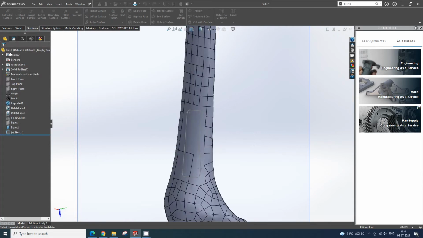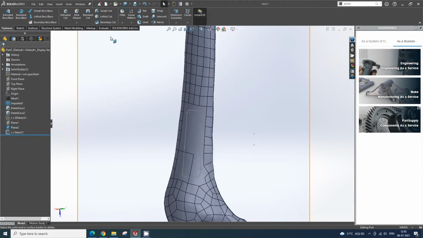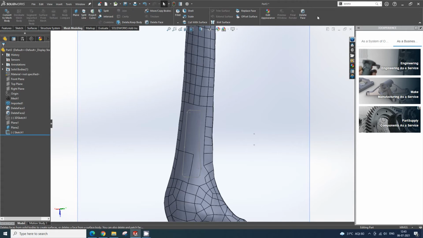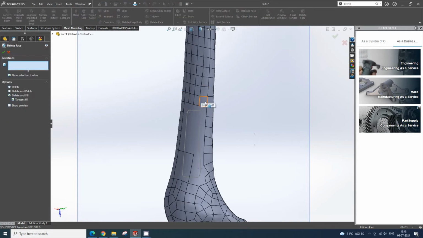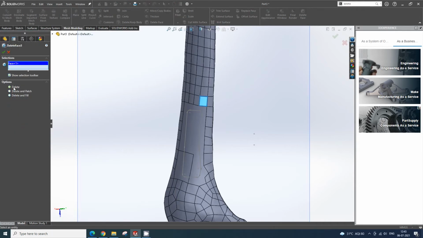As you guys already know, if we delete a face of a solid, it will convert into a surface body. So I will remove a small face of it so that it is converted into a surface, and then use surface tools like Trim to project this sketch which I have created onto the surface.